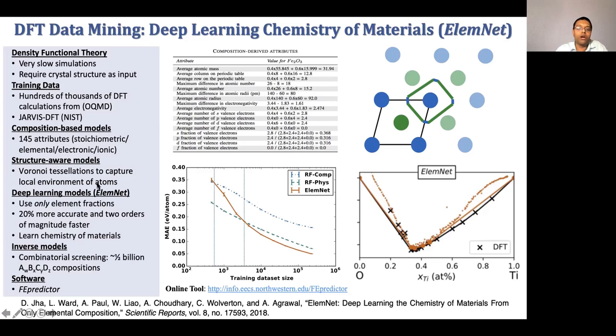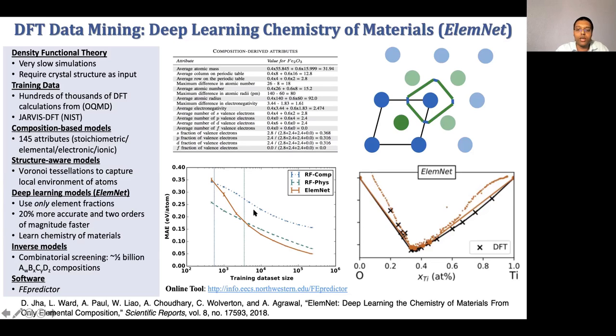So we developed this model LMNet, which takes only raw elemental fraction as input, which means that, for example, for ferric oxide, it only takes input as the fact that it has 2 atoms of iron and 3 atoms of oxygen. And it doesn't even know what is iron, what is oxygen. It is just columns. There is no valence information, no periodic table information, nothing. And then we found that it can give us more accurate and faster models if we have enough data. And it can also learn the chemistry of materials.